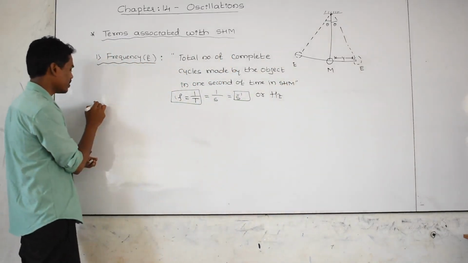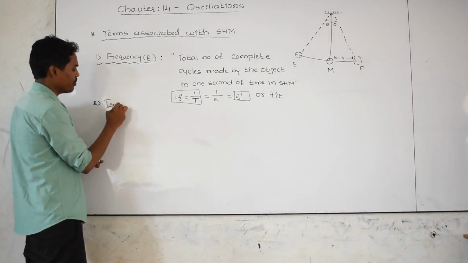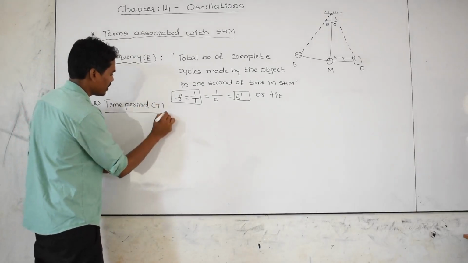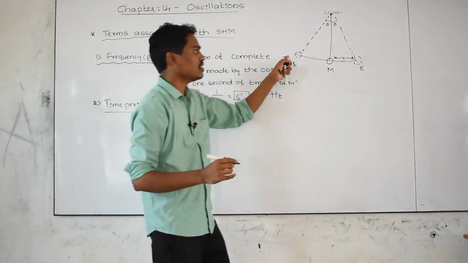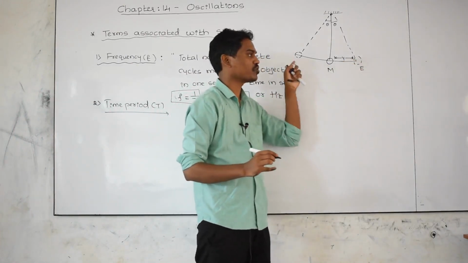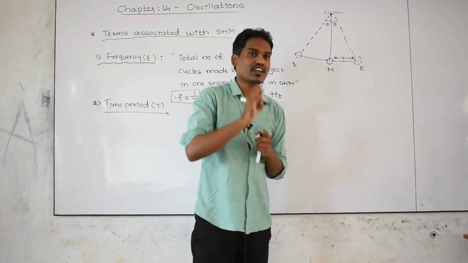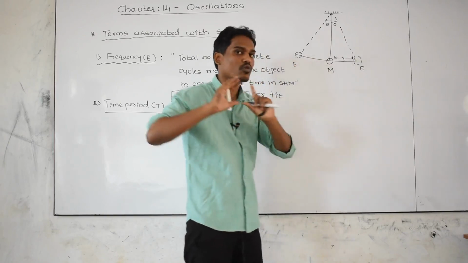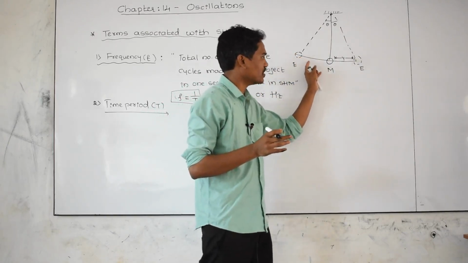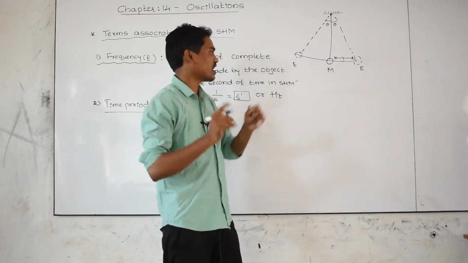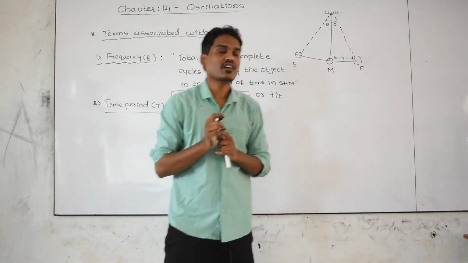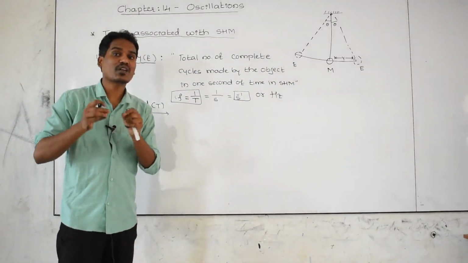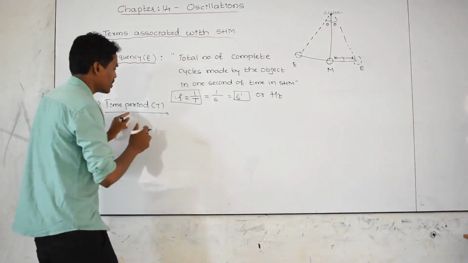And what is the second important term? That is time period. Time period is indicated as capital T. What is time period? Let us start. Now the object is in simple harmonic motion. To take one cycle, what is the time taken by the object? This is one cycle, this is 2 cycles, this is 3 cycles, so on it goes continuously. Let us take, this is half, this is another half, 1 cycle. To complete just 1 cycle, how much time is it taking? The time taken by the object in simple harmonic motion to complete 1 cycle is called time period.